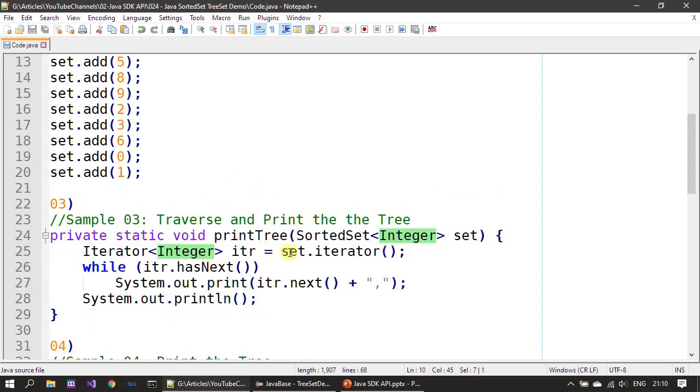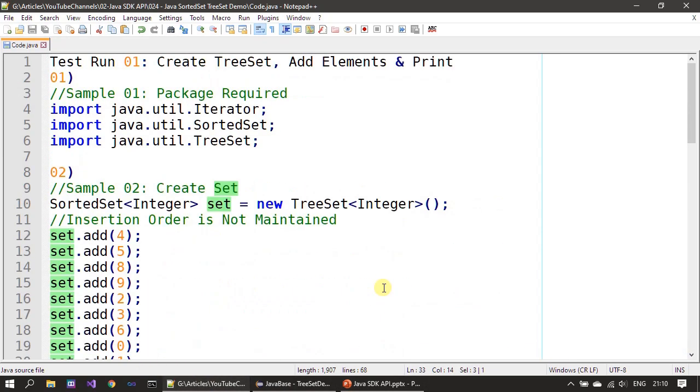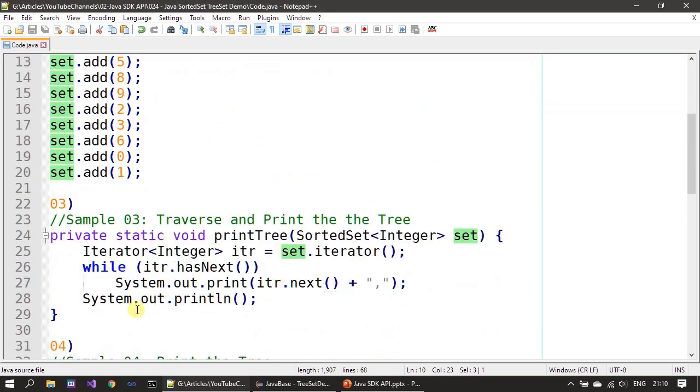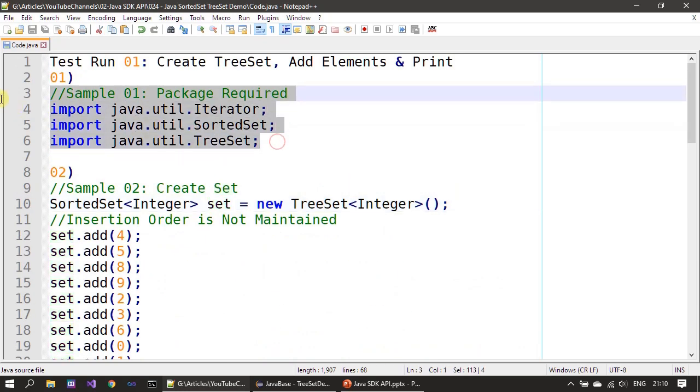Alright, here we create the iterator, and then we are iterating over it, and we are printing the element during each iteration. Next, in the fourth step, we are just making a call to this printTree, and we are passing our Set interface reference. So we already created a TreeSet. We added elements, then we wrote a function to iterate over this sorted TreeSet. After that, we are making a call to that function. Now we will add this code one by one in